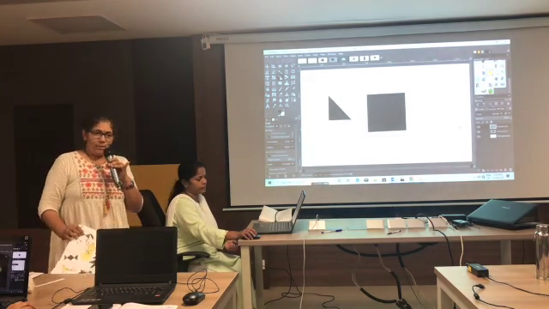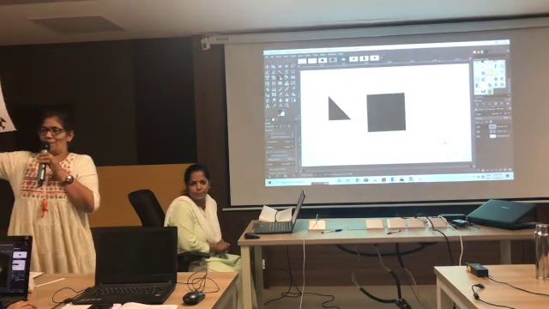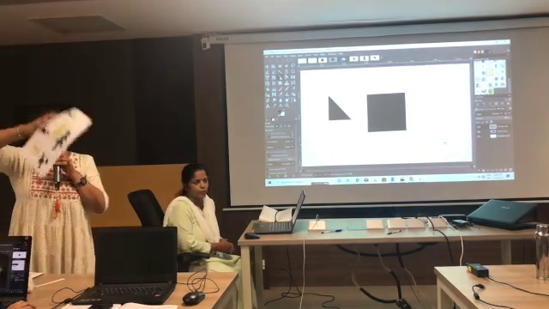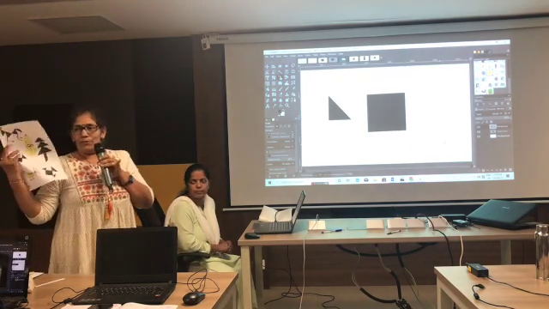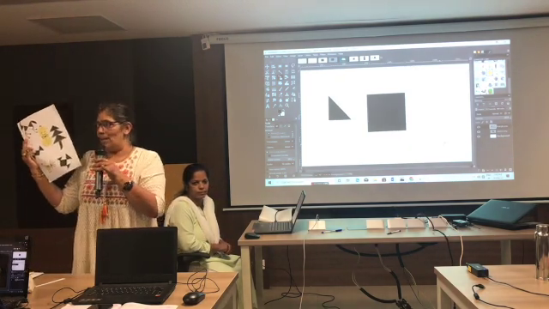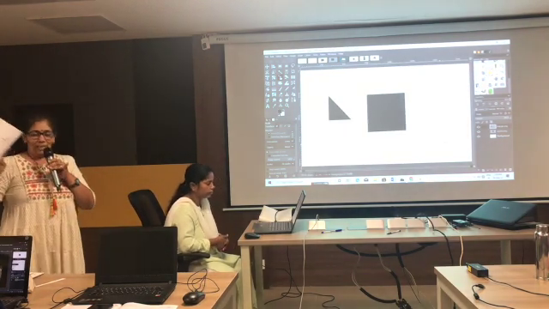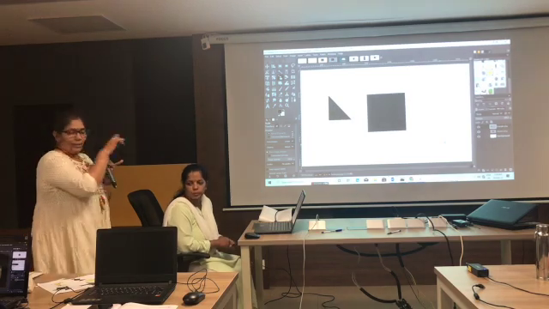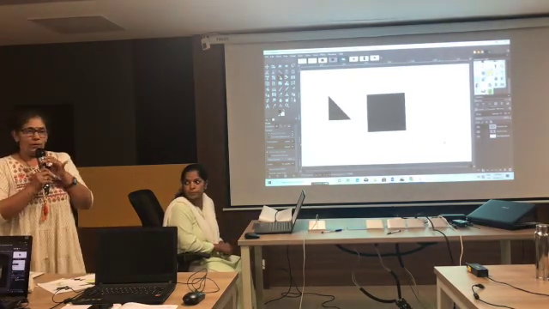Now your assignment is to do any one shape from whatever you have created. Yesterday you created the shapes. From that, you have to create a shape by using all this: scale, rotate, move.